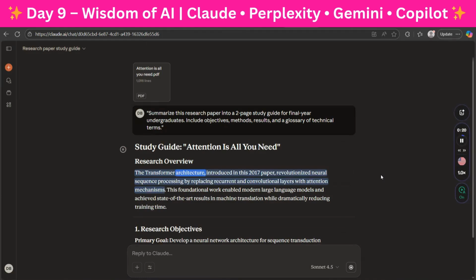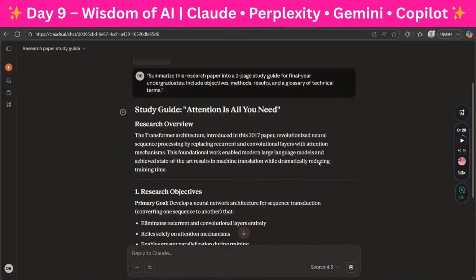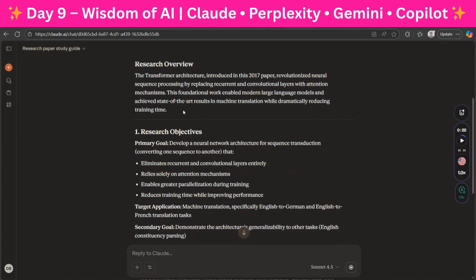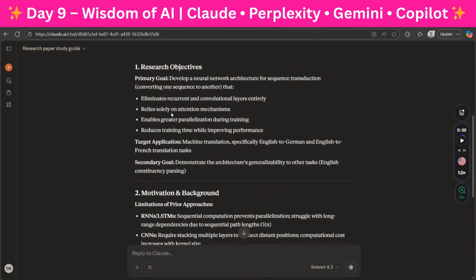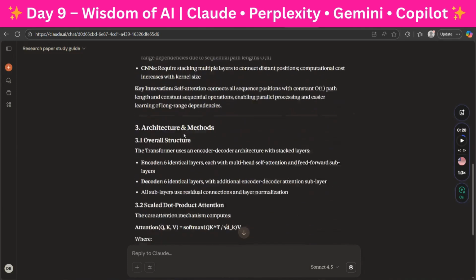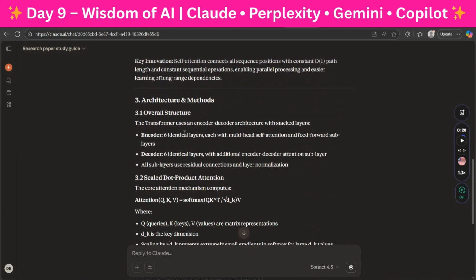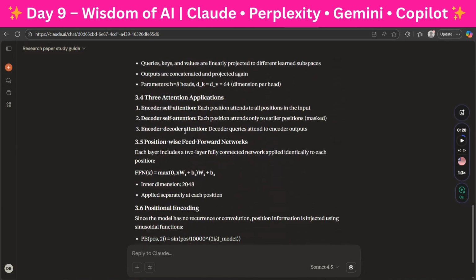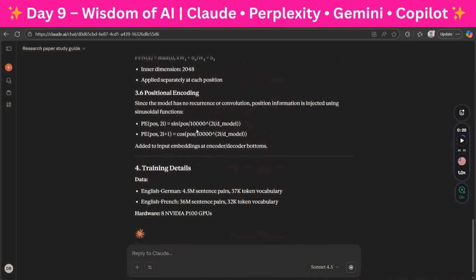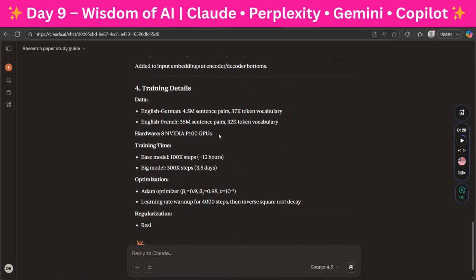See, the study guide for Attention Is All You Need. It has given us the research review, the research objectives, the motivations and background, the architecture and methods, and the training details.